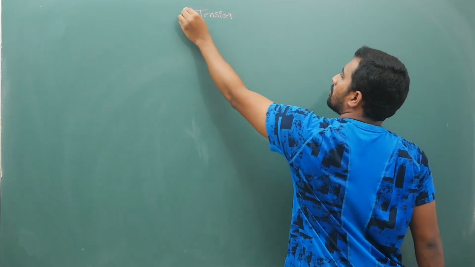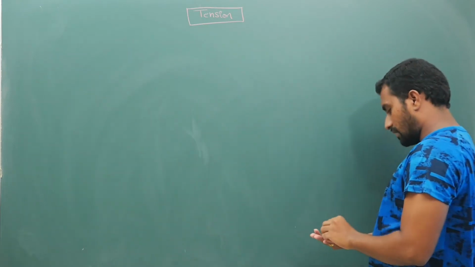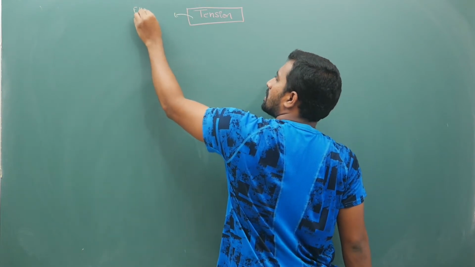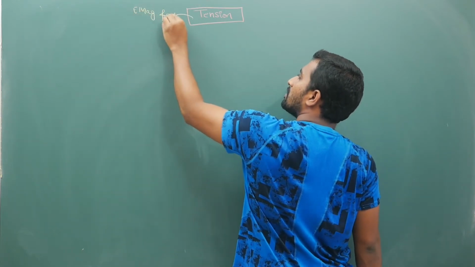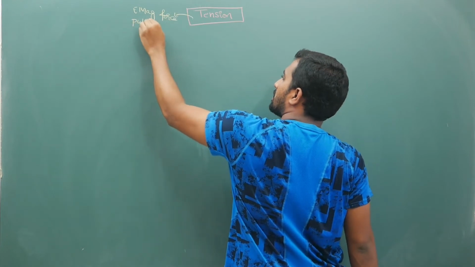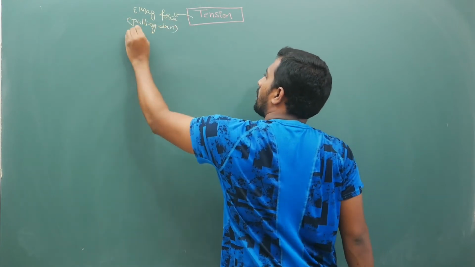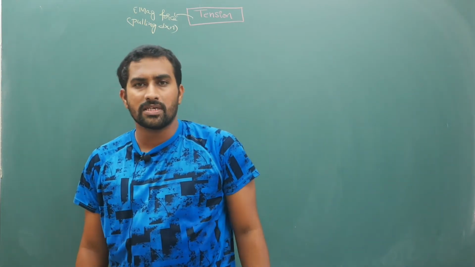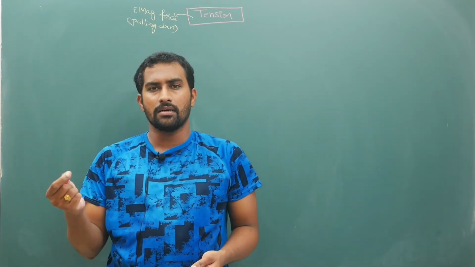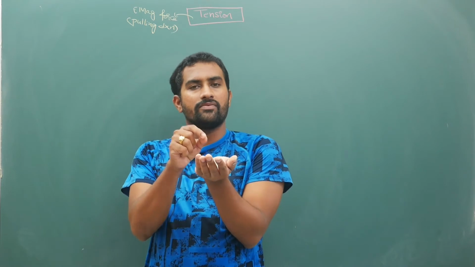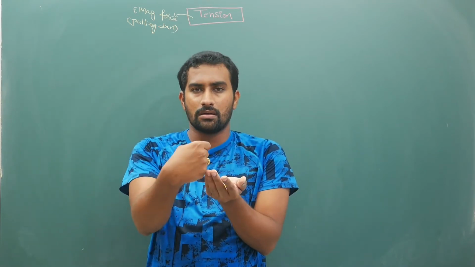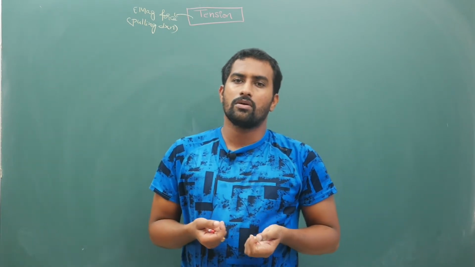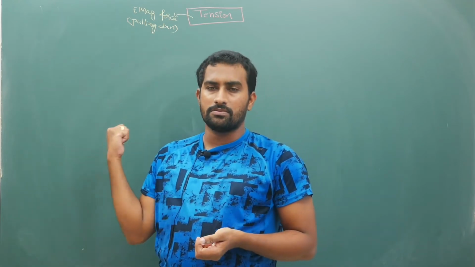tension. Now I told you right from the start, very clearly, that tension is an electromagnetic force. It is in the pulling direction. However the string is, it will pull accordingly. It will pull the object in the pulling direction. If it is to the right of this block, tension will apply force towards the right. If tension is in the front, it will pull it towards the front. If it is towards the left, left. So pulling direction, pull means closer. If the rope is on the right, it will pull the object closer to it.